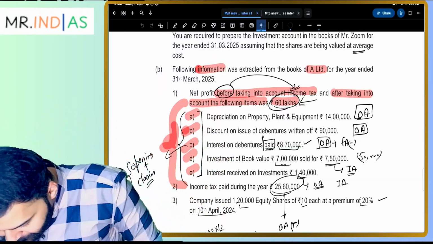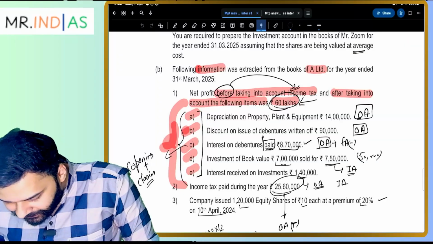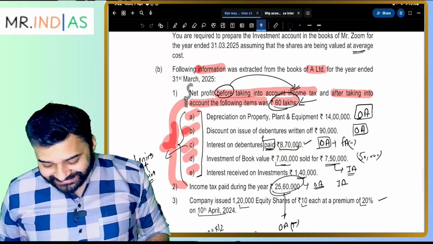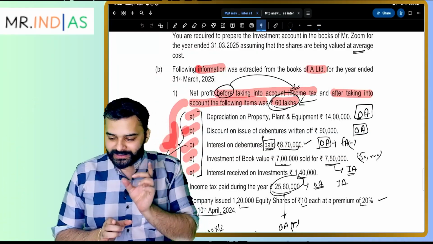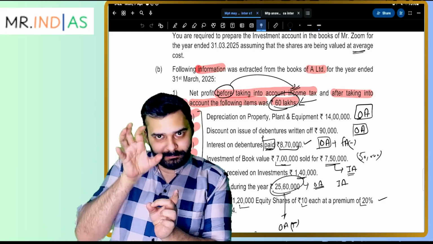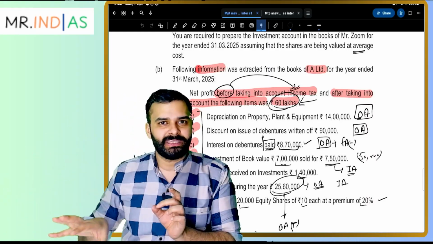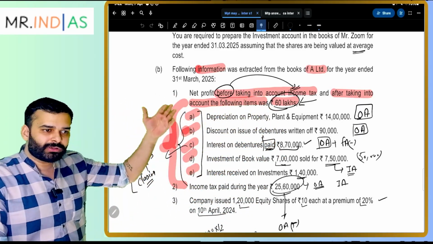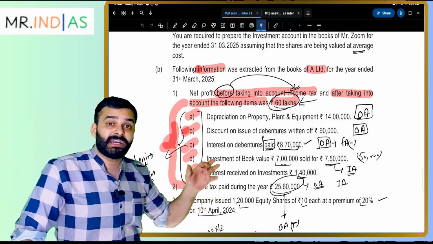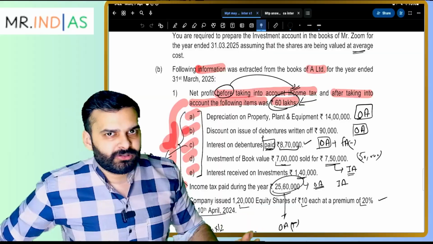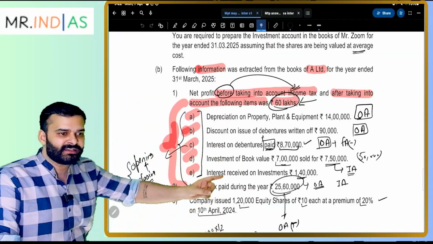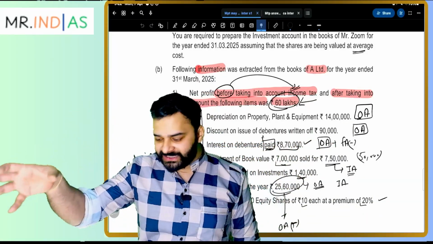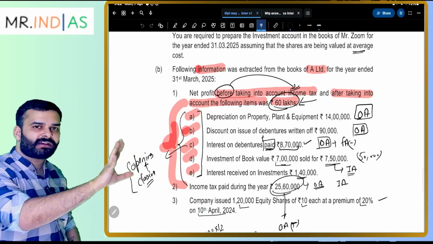Okay, so the net profit before taking into account income tax and after taking into account the following items was 60 lakh. Many students have got confused with that statement, so please read it very carefully. They are saying the net profit of rupees 60 lakh is before income tax, that means it is PBT, and after taking into account A to E. Only A to E is adjusted in that 60 lakh, not any other item. If you come across in the below points any item that you deem fit for charging to the profit and loss account, which is not coming in A to E, it is not adjusted into 60 lakh, and you will not adjust it into the amount of PBT.